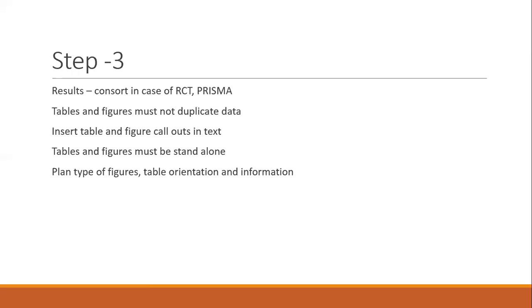Table and figure callouts must be there in the text because the copy editor must know where to insert which table, where to insert the figures. In the text, you must say, as described in table 1, as depicted in figure 2. Only then will the copy editor know where to put the tables and figures. So this is essential. Plan types of figures, table orientation, and information before you make them, because sometimes tables may